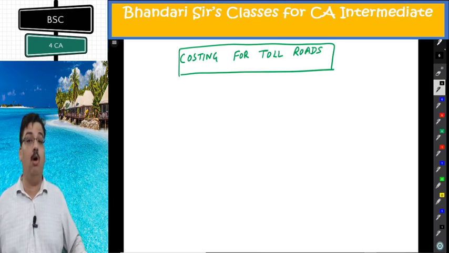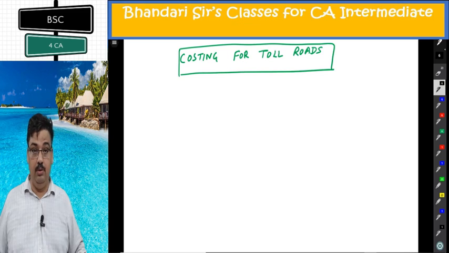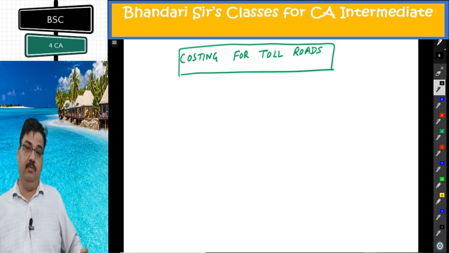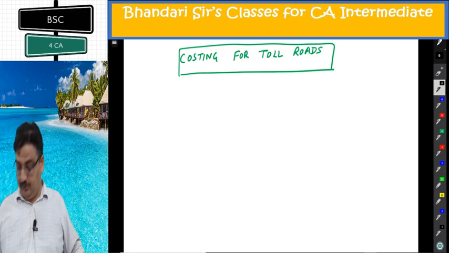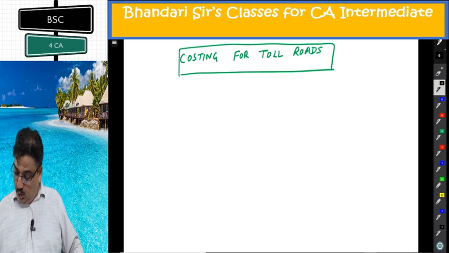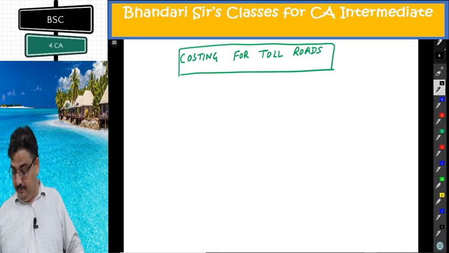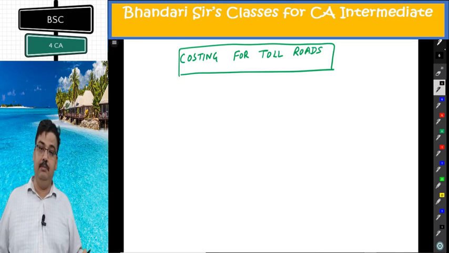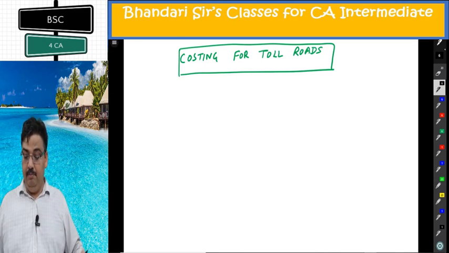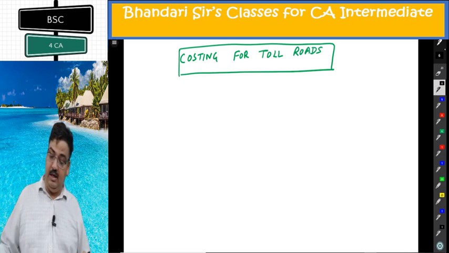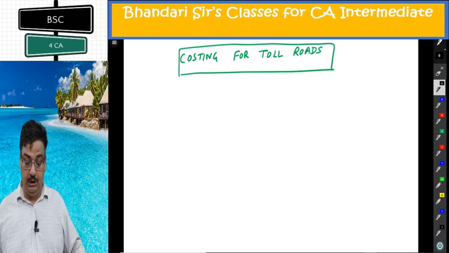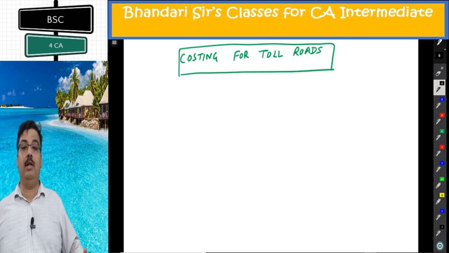60 crore is to be recovered in 10 years. So every year how much are you going to recover? 6 crore. And we want monthly, so divide by 12. You will get the monthly apportionment of capital cost there. Toll operating and maintenance cost is given. Salaries are given for various persons. Electricity is already monthly. Telephone is already monthly. Maintenance cost is already monthly. And he says in the 5th point, there will be 25% profit over and above total cost to cover interest and other costs. So the profit margin is also given to get the toll.